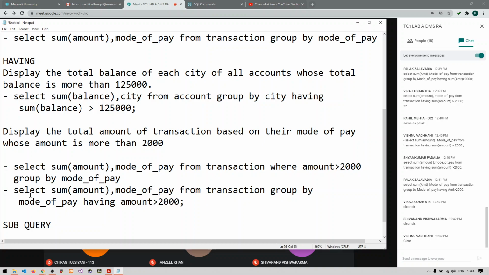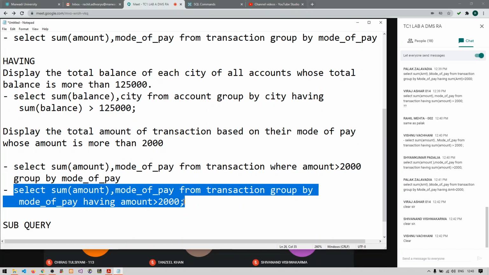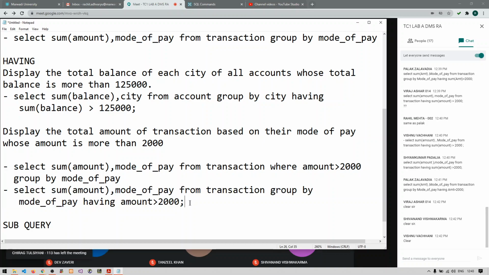But from my point of view, you should not use this query. It will give you the output, it is going to work, there is no issue. But whenever you have simple conditions, do not use the HAVING clause. That is my suggestion to you all. So this query can be written in two different ways. I hope it is clear now.